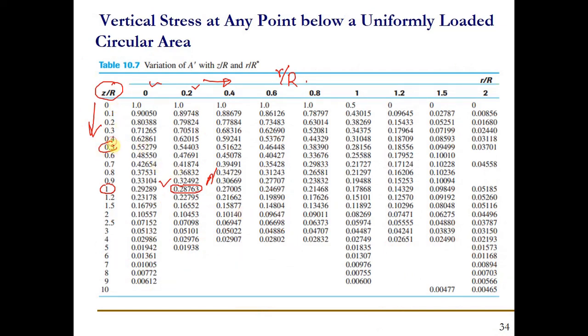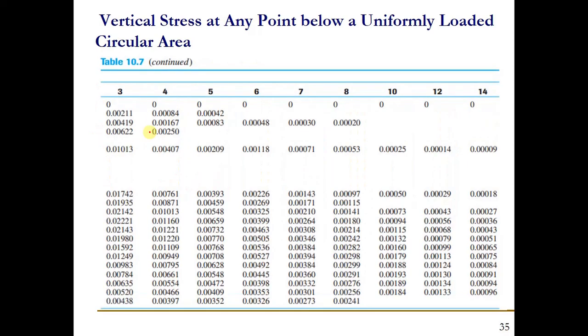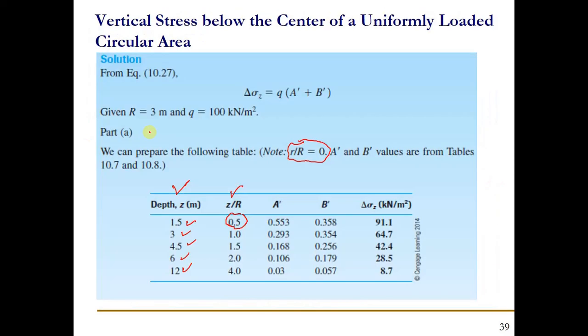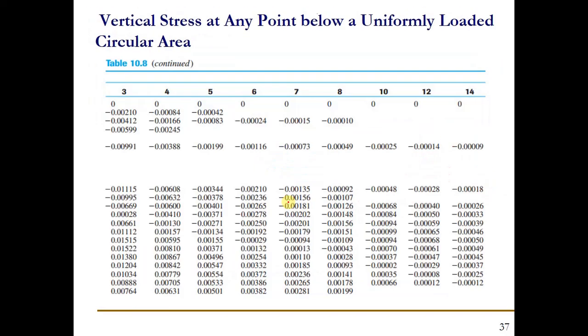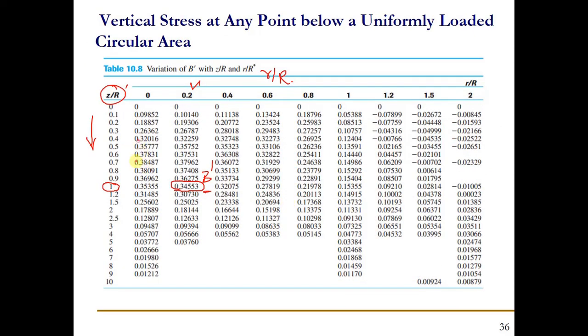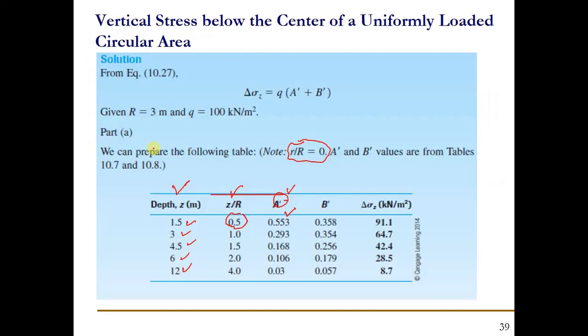So Z by R is 0.5, R by R is 0, that's 0.553. That's the A prime value. That's good. Now we will go to the 10.8 table for 0.5 Z by R and R by R is 0. So here we will see that B prime is 0.358. So you can use the 10.7 table for the A prime values, and you can use the 10.8 table for the